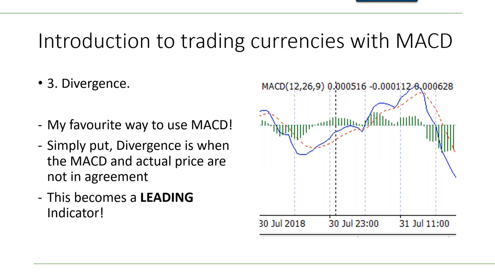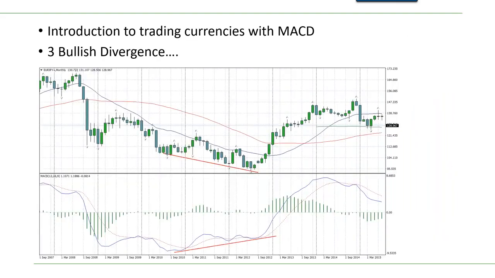So what we're going to talk about is divergence, and as I've put there, it's kind of my favorite way to use MACD. Simply put, divergence is when the MACD and actual price are not in agreement. What we mean by that is, as MACD makes a newer high, but price fails to make a newer high, then there is a divergence between what the MACD is doing and what